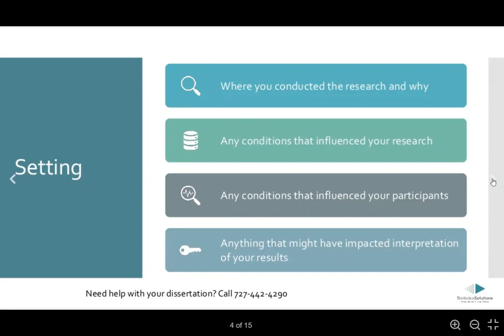So here, when you're discussing the setting, it's going to differ from how you talked about it in the proposal, in that now you would have collected the data and really gone through the process. So here you're going to talk about areas where your setting may have changed from the proposed setting. And then again, anything that may have happened that impacted things. So you'll talk about where the research was conducted and why, any of those influential factors, and then anything that